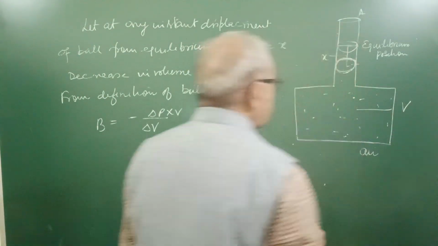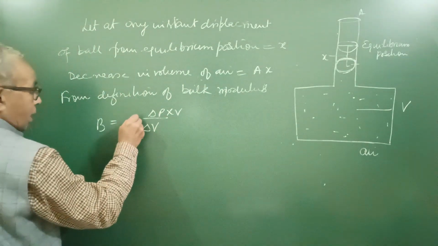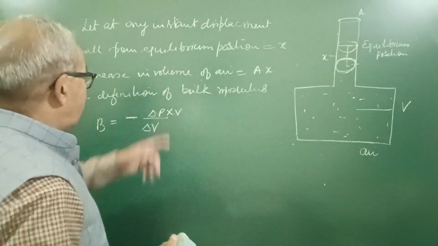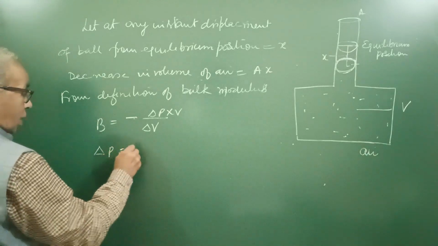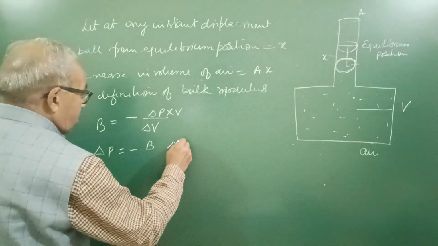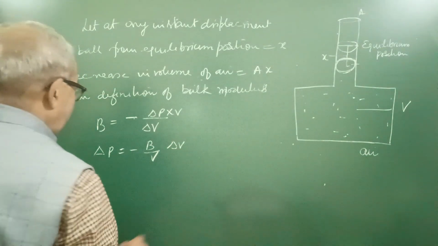The minus sign indicates that a decrease in volume increases pressure, or delta P equal to minus B into delta V upon V. Increase in pressure